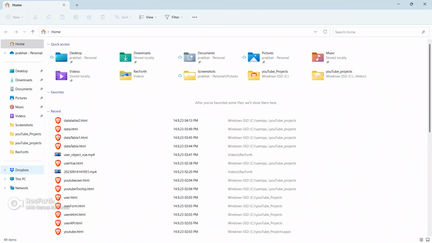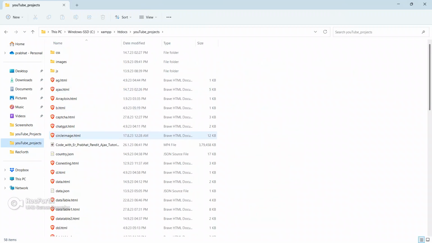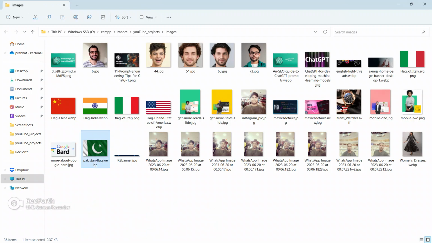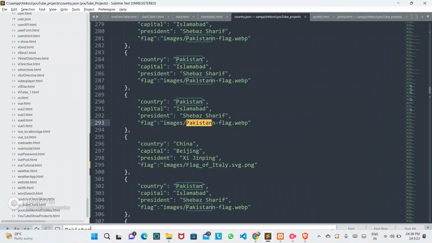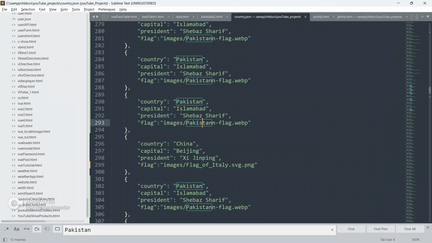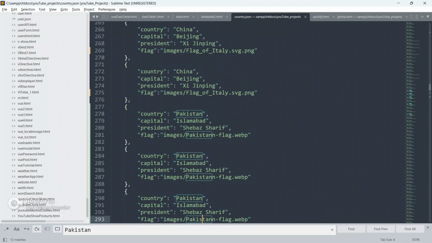Okay, let me just go here and go to the images folder and, yeah, why is it not showing? Oh, sorry, guys, I changed the image name also.